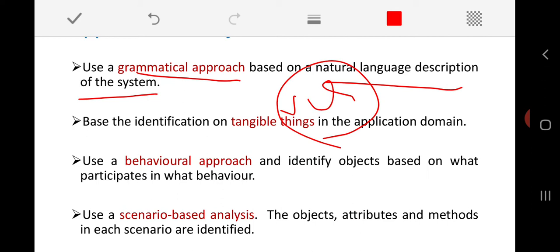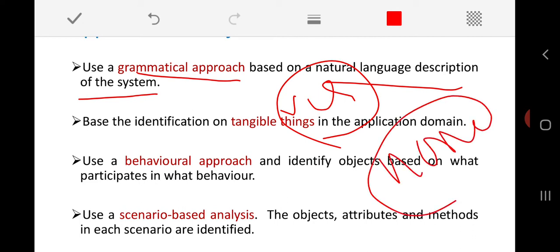Wherever we come across these verbs and nouns, they will be treated as attributes and operations, because as all of us know, an object is a set of attributes and a set of operations. Wherever you come across nouns, you can treat them as attributes, and wherever you come across verbs, you can treat them as operations. Is it clear?